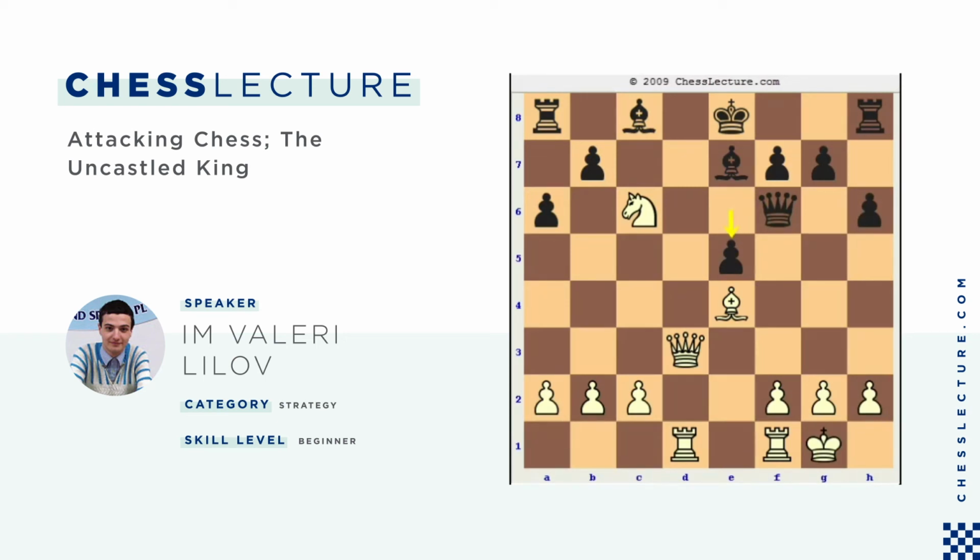Well, quite simple. When we want to attack against an uncastled king, we should always try to open up as many files as we can. So white simply exchanged the bishop. Knight takes e7. Now after queen takes e7, he played f4, very strong. The idea is simple. By opening up the center, black's king will really feel very bad in the current position,